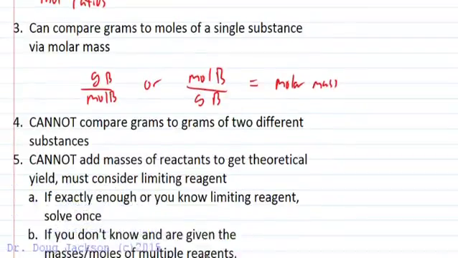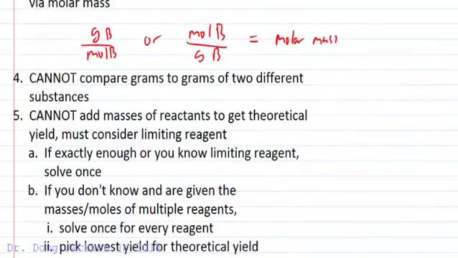What I cannot do, I cannot compare grams to grams of two different substances. So I cannot say 5 grams of A to 10 grams of B. That is not something I'm allowed to do. All right, cannot do it. And I can also not add the masses of reactants to get the theoretical yield. You must consider the limiting